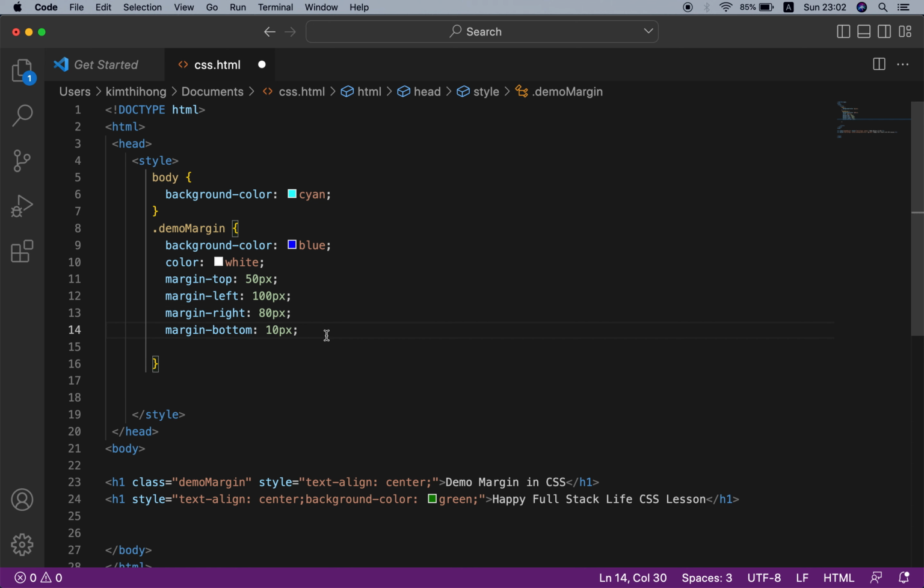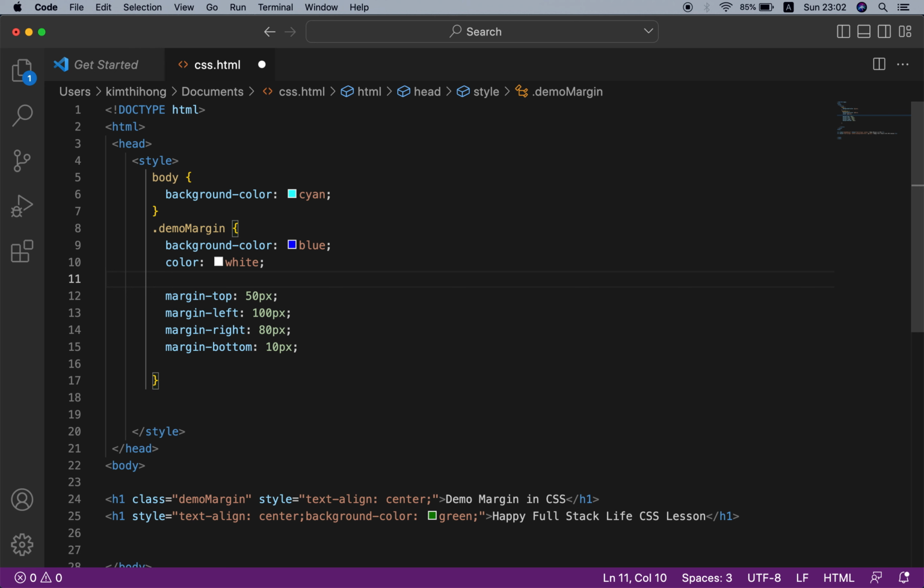Okay, so the spaces for left, right, top, bottom are different.